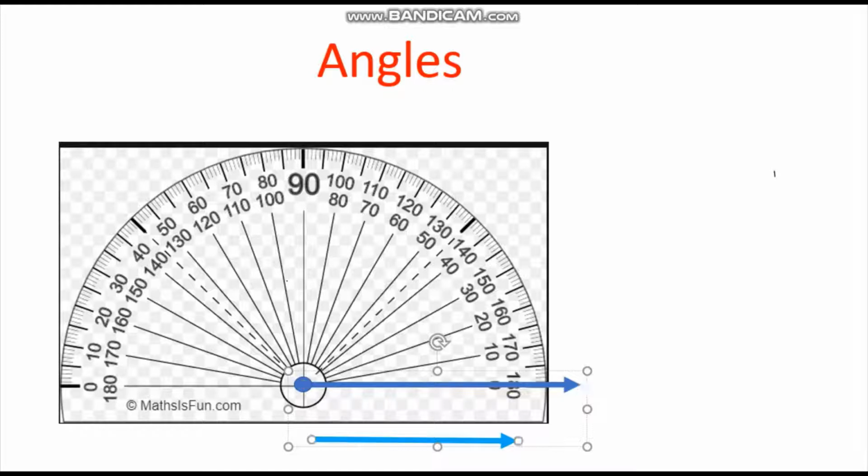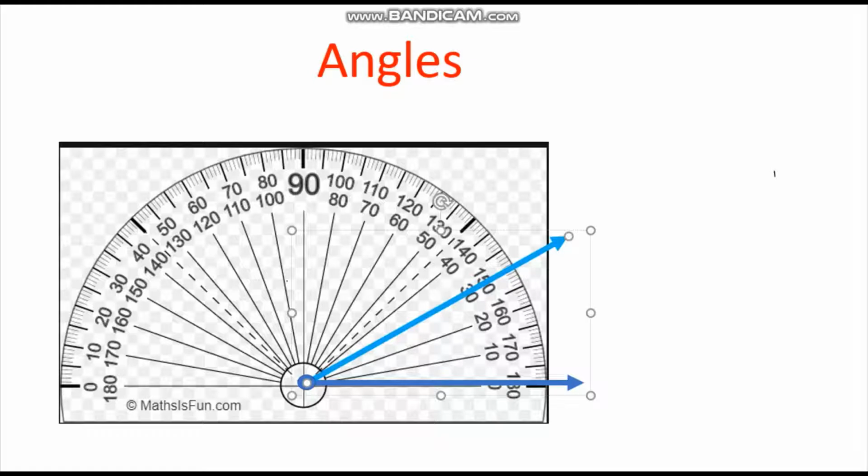How will you draw the second ray? The second ray will be drawn depending on the angle. Suppose you need to draw 30 degree. Now see, where is your 30 degree? See here, this is your 30. So what you will do is simply draw a ray which passes through your 30 degree here. See here, 30. You can make it a little bigger. This ray is big. Okay, see, 30 degree.